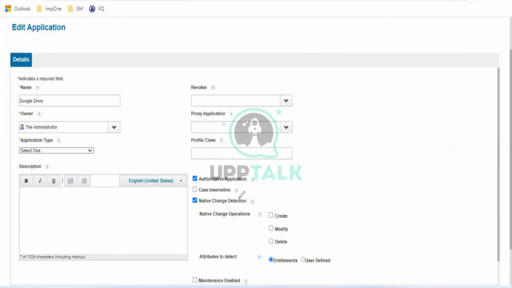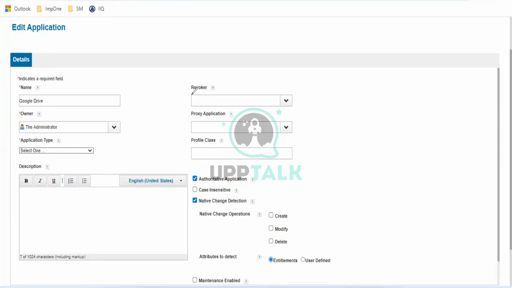And also, when you say identity, do you mean users or objects? From SailPoint's perspective, it's users only. Identity, employee, all are the same. When it comes to SailPoint, we call them identity.